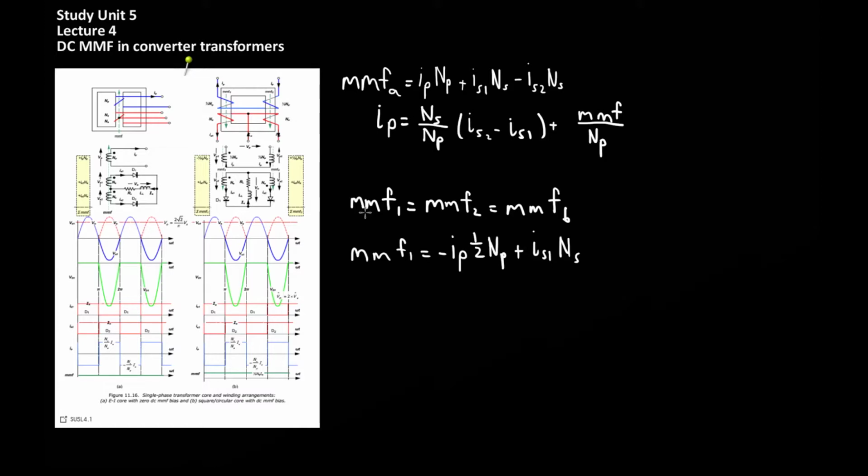Because the coil ratios are all the same, and because the primary coil is linked, MMF1 equals MMF2, which is equal to the MMF present in the primary coil. The MMF1 is given by this equation here, which is minus the primary current multiplied by half the number of windings present in the primary coil, plus the current in the secondary coil multiplied by the number of windings in the secondary coil. So a similar expression can be derived for MMF2, and then equating all the MMFs together as